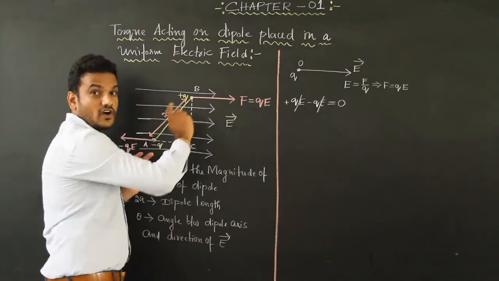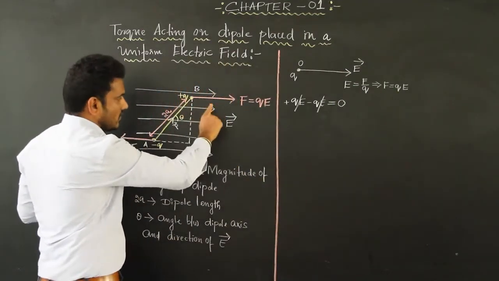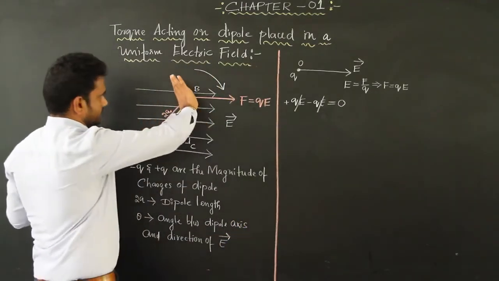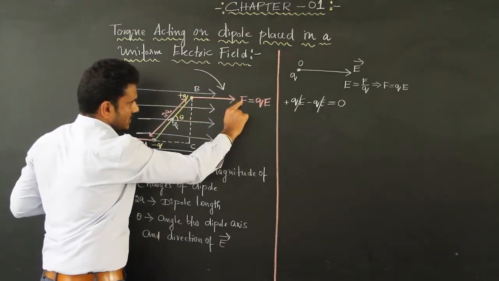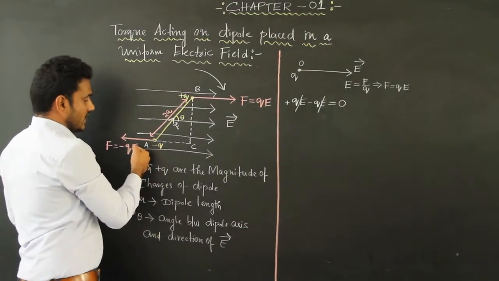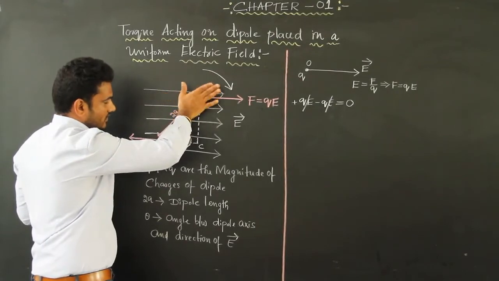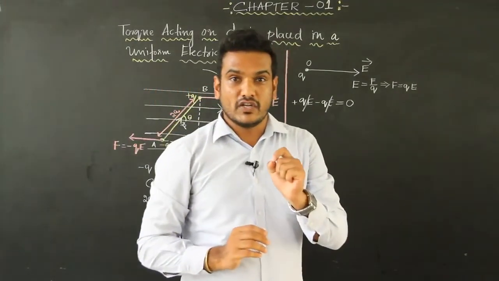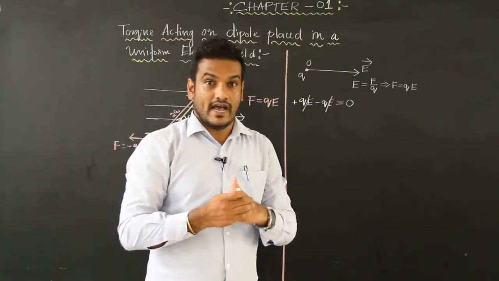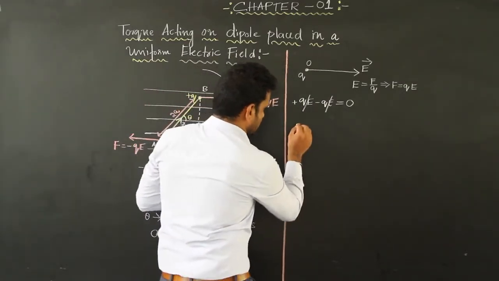Since both the forces are equal in magnitude and opposite in direction, these forces constitute a couple, or tend to rotate the dipole in clockwise direction like this. This force is along the direction of electric field. This force is opposite to the direction of electric field. So dipole will rotate like this. Then the magnitude of torque acting on a dipole can be calculated by using an equation,